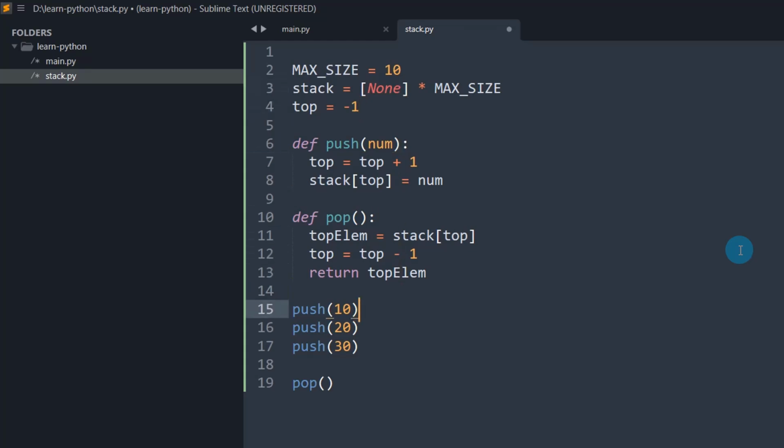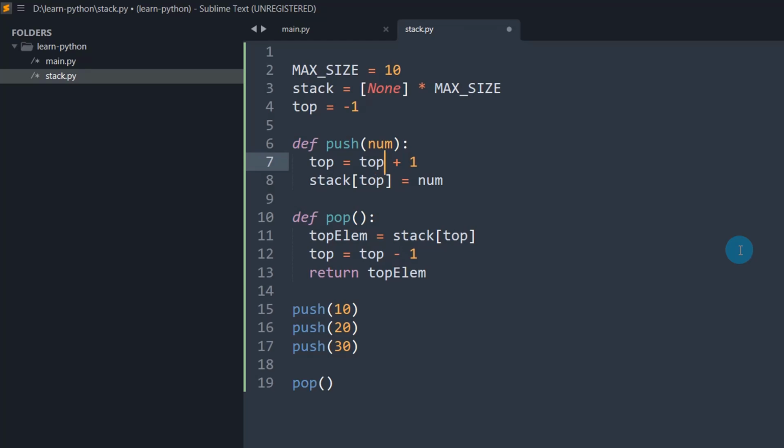When I call push 20, at this point the top is already at index 0, right? Now I'm incrementing the top by 1, that means 0 plus 1, so the top will become 1. Stack of 1 will become the number given, in this case 20. So stack of 0 will be 10, stack of 1 will be 20. When you call push again the third time with the number 30, at this point the top is pointing to index 1, right?